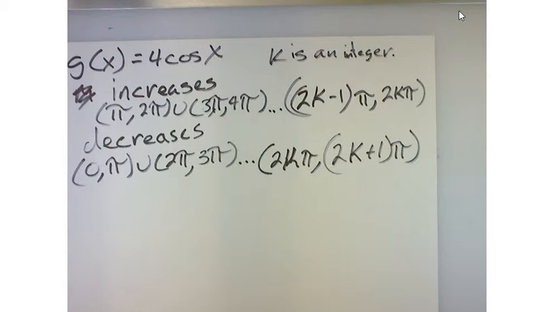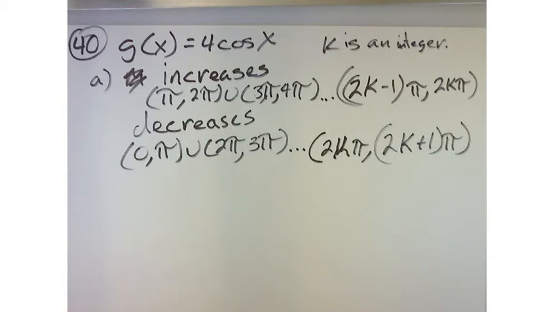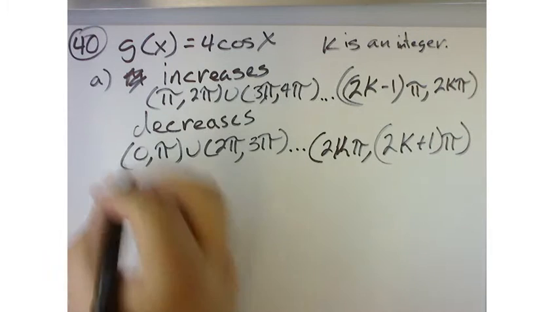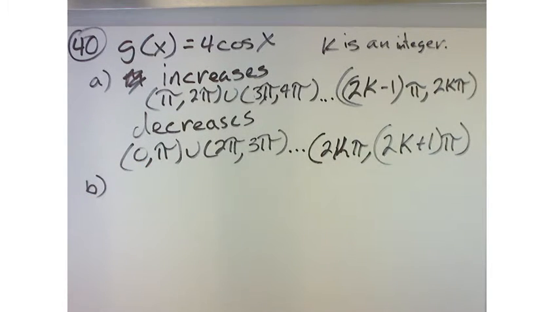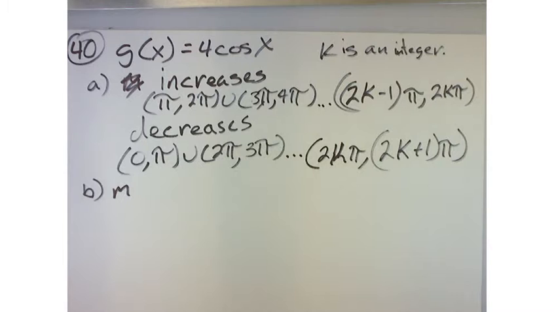Whenever you see Mr. Adams write down 2k, that's a fancy math way of saying an even number. So that's just part A, the increasing, decreasing part. Part B wants to know the minimum and maximums. Well, the maximums, if we pull up the graph,